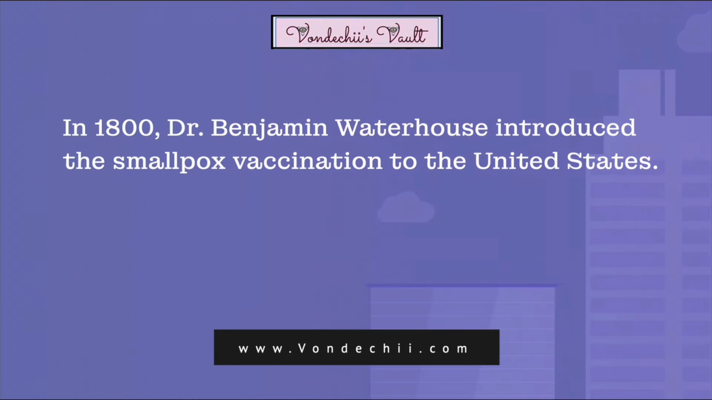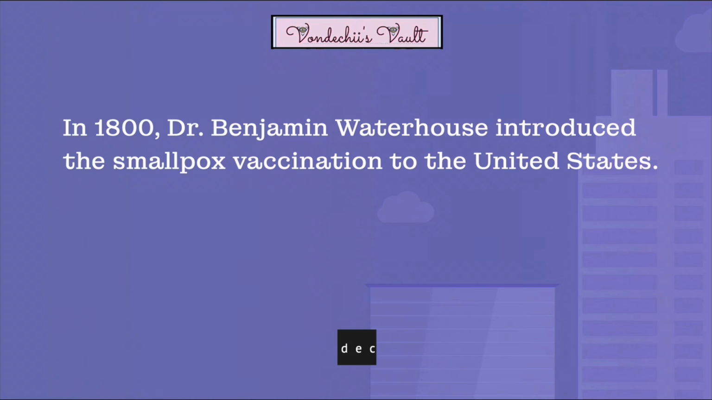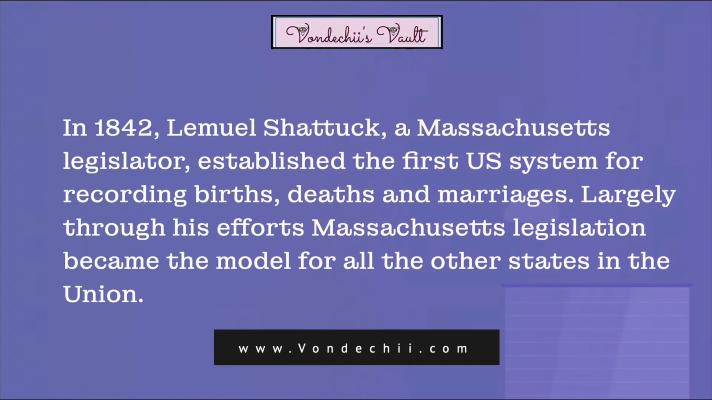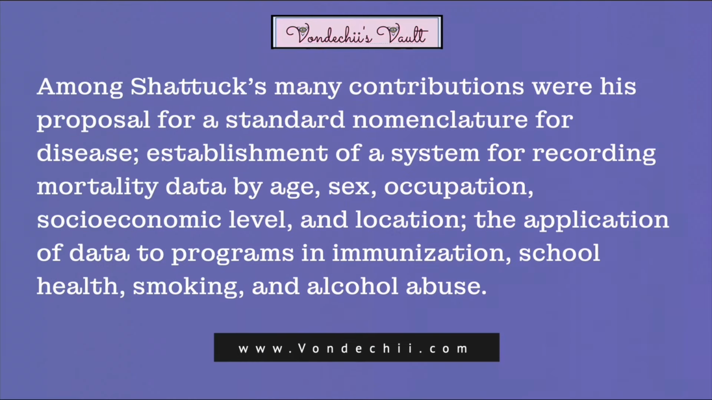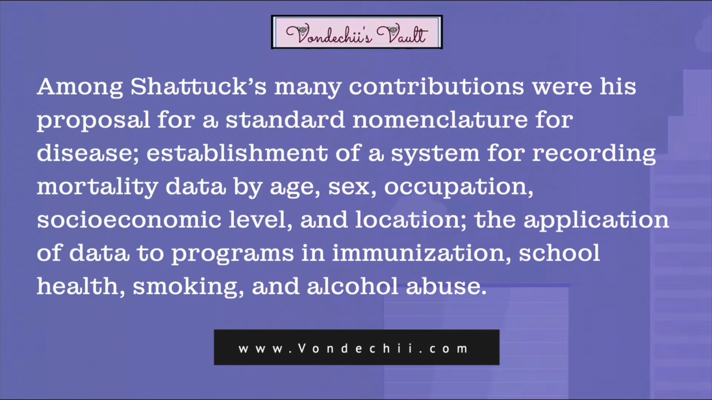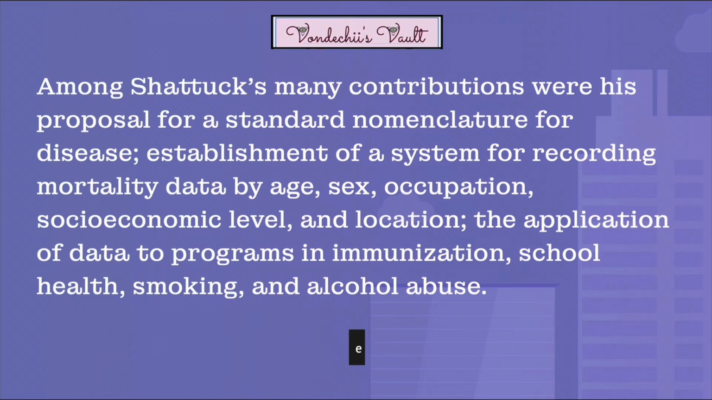In 1842, Lemuel Shattuck, a Massachusetts legislator, established the first U.S. system for recording births, deaths, and marriages. Largely through his efforts, Massachusetts legislation became the model for all other states in the Union. Among Shattuck's many contributions were his proposal for a standard nomenclature for disease, the establishment of a system for recording mortality data by age, sex, occupation, socioeconomic level, and location, and the application of data to programs in immunization, school health,